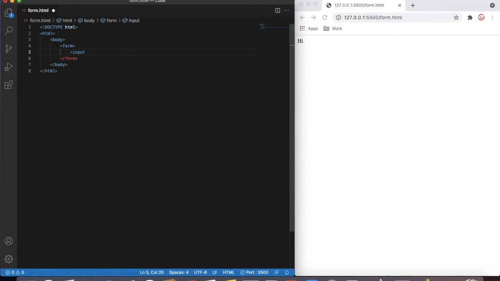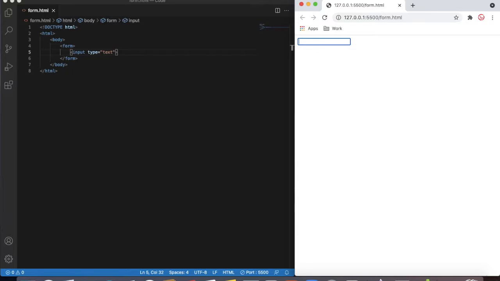There are various types of input, so we'll put the type. You can see there are many types of input available, so we'll first type text, and then close that. Once I save that, you can see there is one input box available where I can type something.